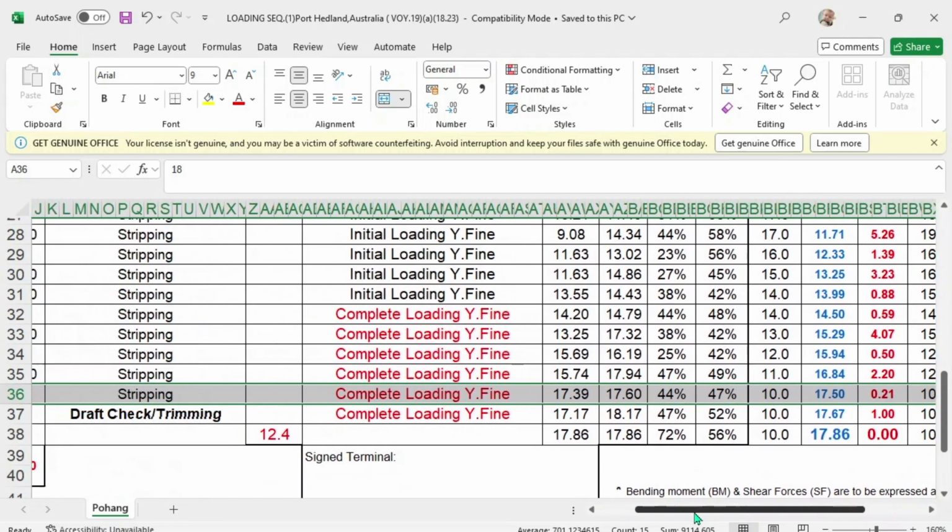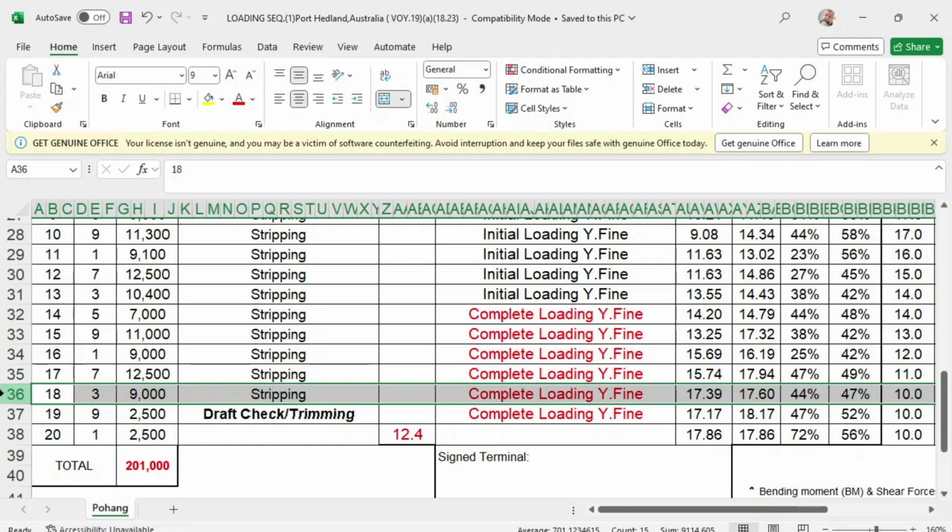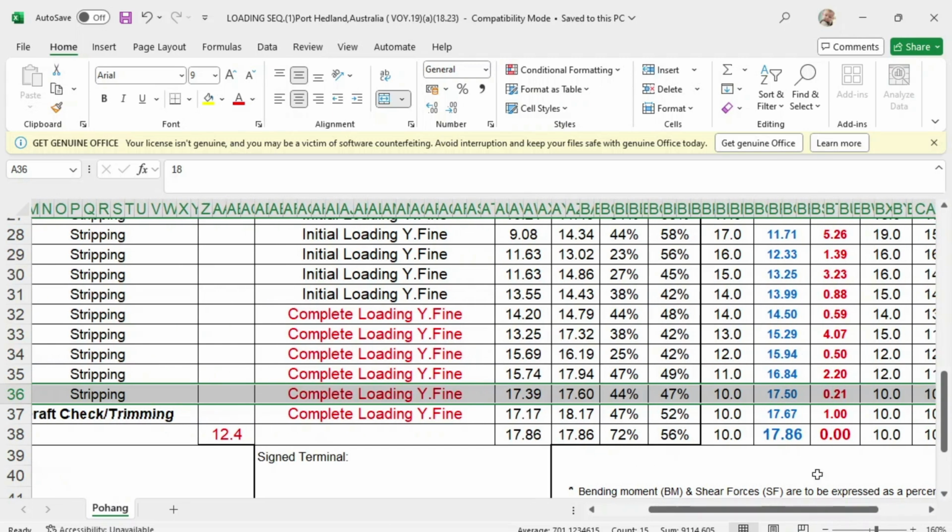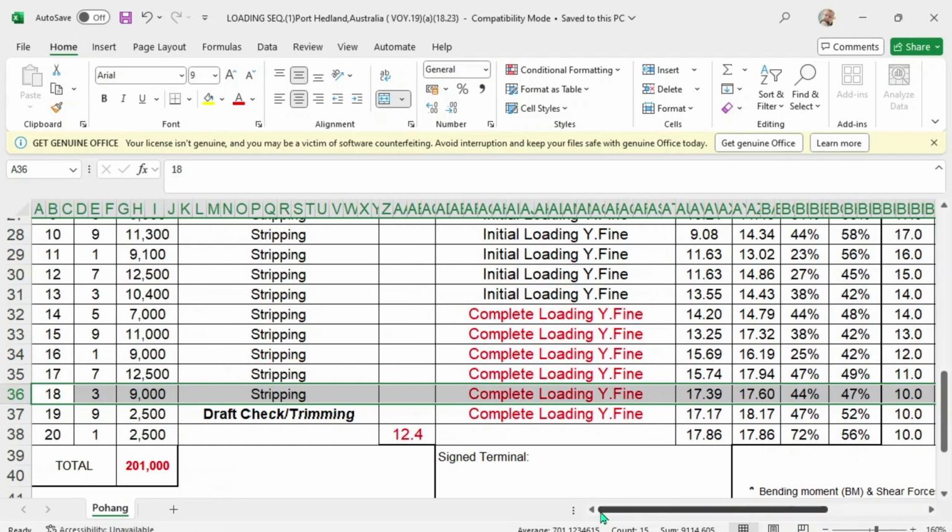Now, during the operation, this will be your trimming draft, because you will stop here and compute how much cargo to load to reach the maximum departure draft of 18.86. Here is a trimming load of 5,000 metric tons.